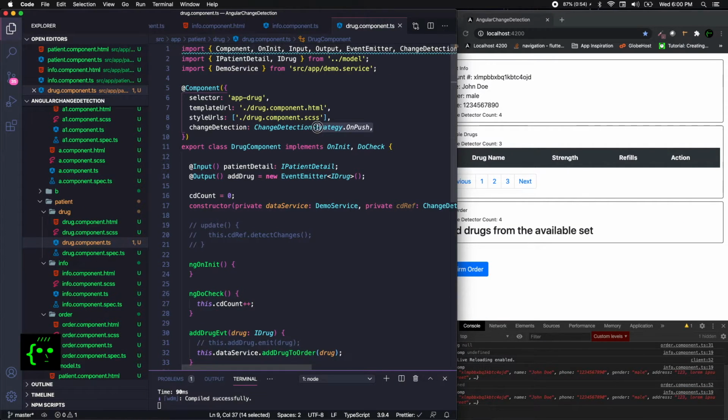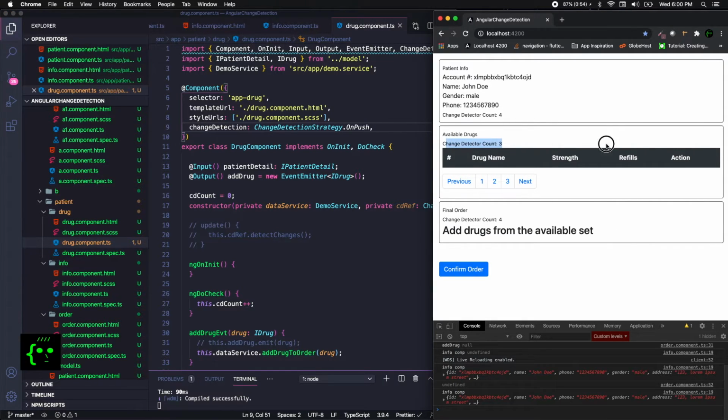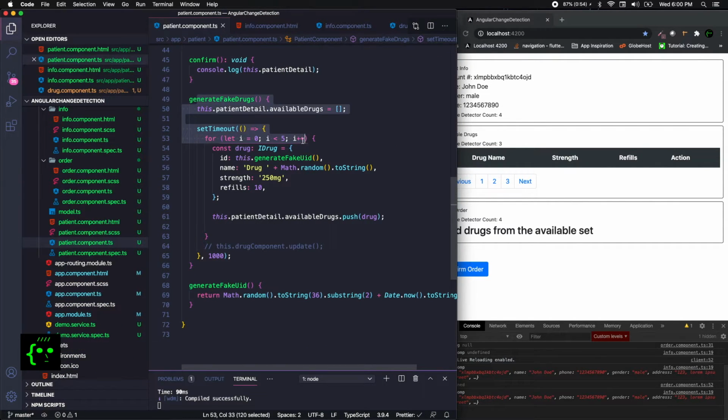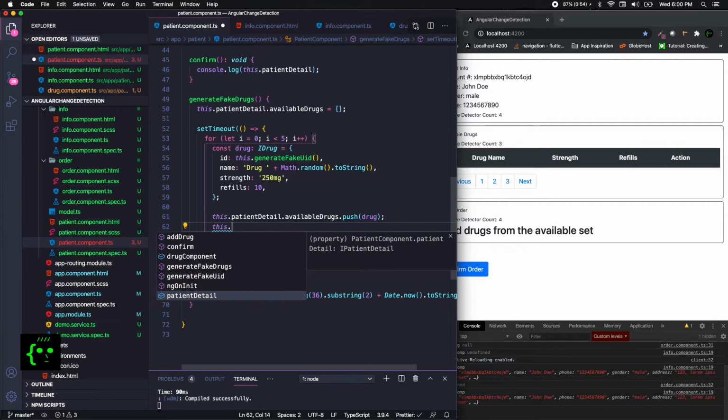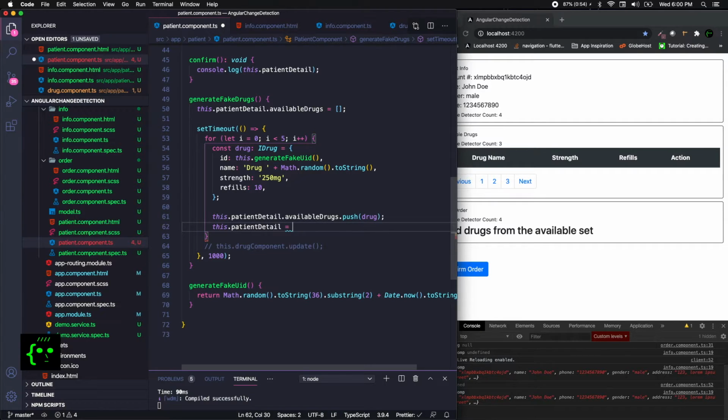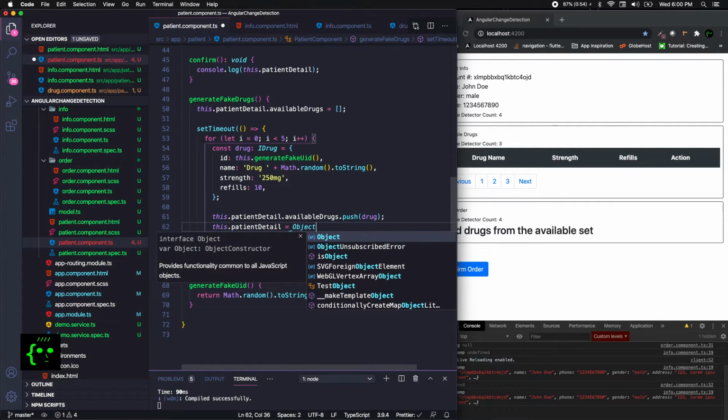So we changed OnPush for the drugs component, and you didn't see any update happen here, okay? That's because in our generate fake drugs, we are calling an API, and then we are just mutating, but we are not actually changing the reference of the drugs, right? So the reference of the patient details. So we need to change the reference, or if I change the reference, two things happen here. So patient details equals Object.assign